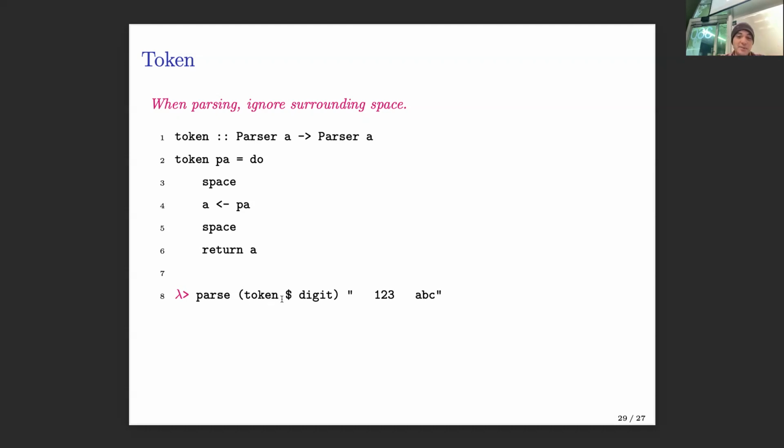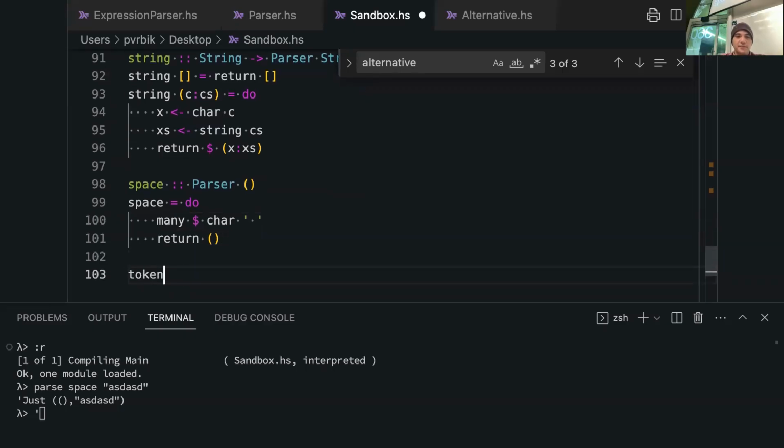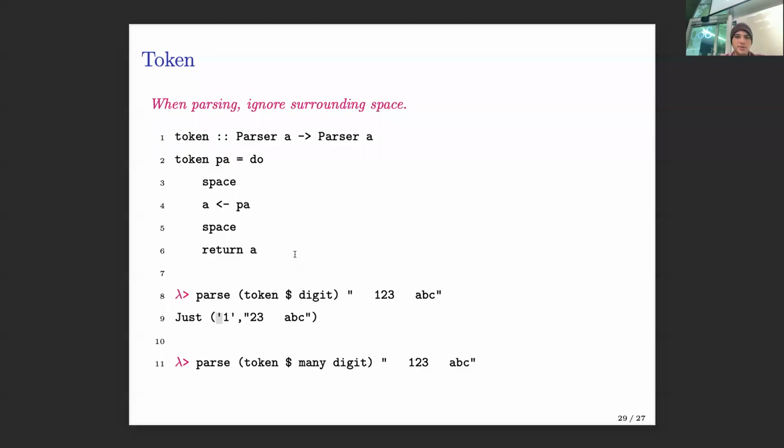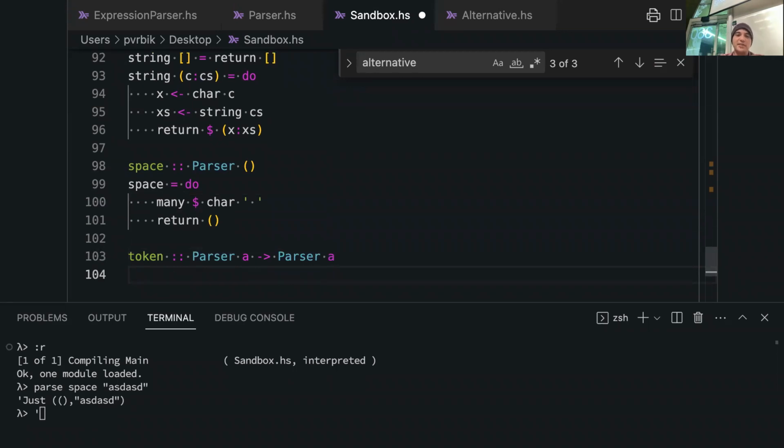So I basically want to be able to say like parse a digit from this, but tokenize it, right? So I can grab that and it's going to just return, oh, well, I have to tokenize many digits, I suppose. But again, I want to get rid of all the space in front and behind something. So that's a token. It's going to be a parser over, yeah. You give me a parser and I'm going to give you a new parser that automates the removal of the spacing. So it's something like,